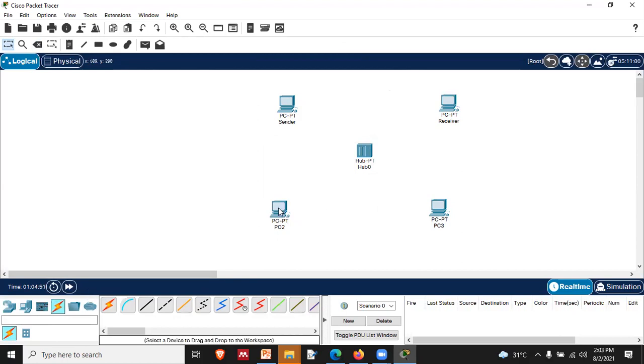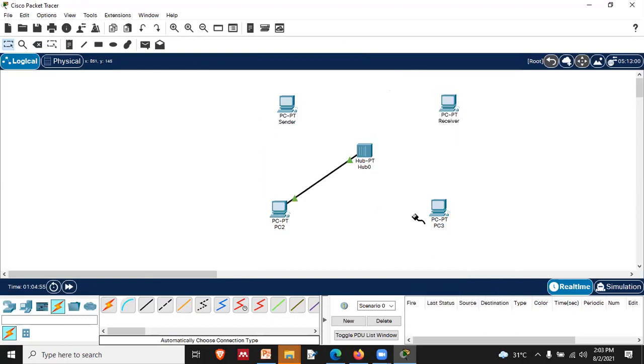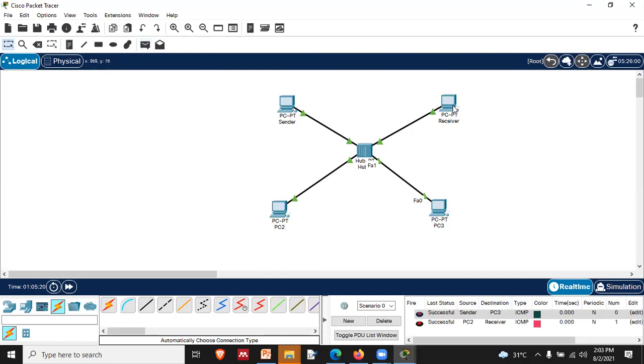We will connect them like this way. You can see. Yes, class. Right. And finally, what we need to do is simply connect them. There is no need of any kind of configuration in case of a hub, right? And you can see now I could transmit packets successfully, right? In this way, right? Yes, any doubt? Any doubt, class?